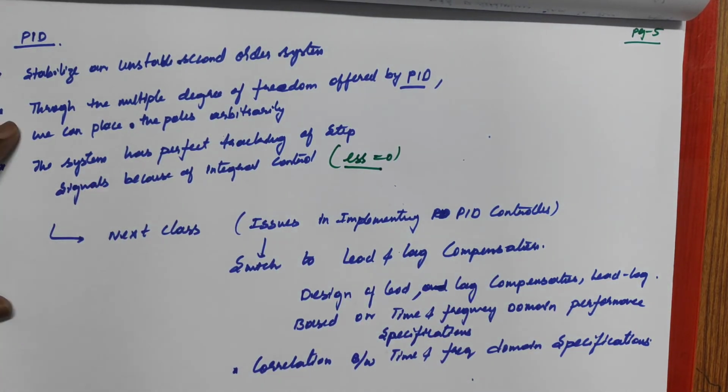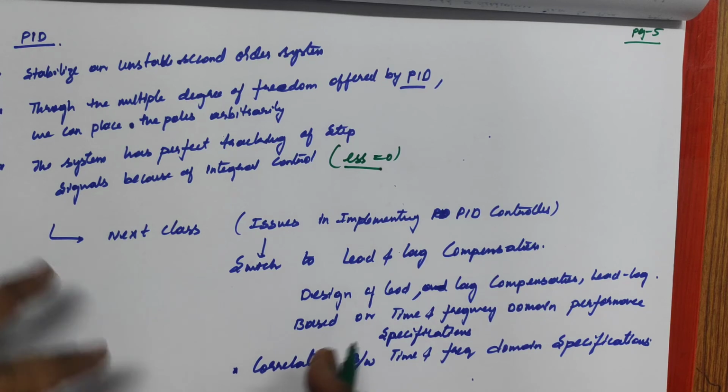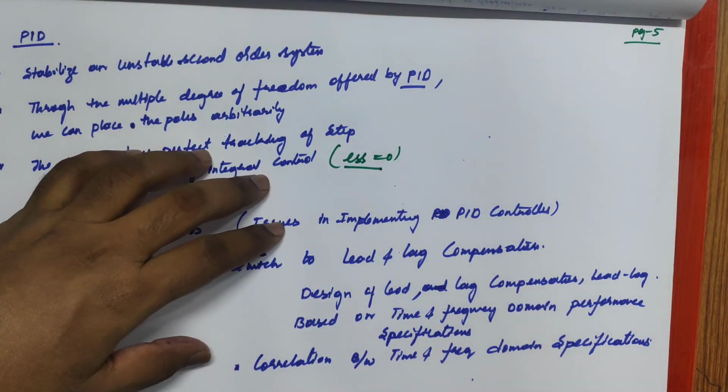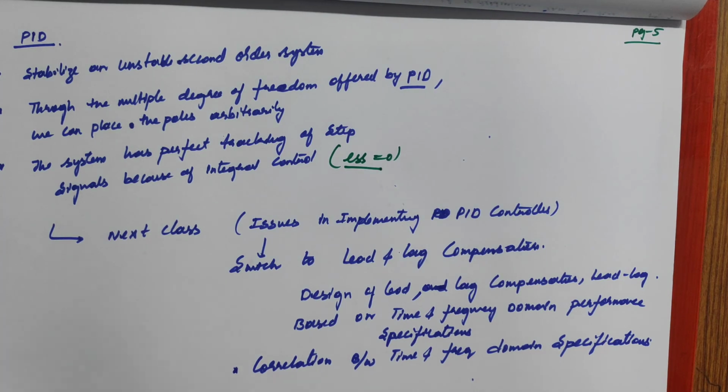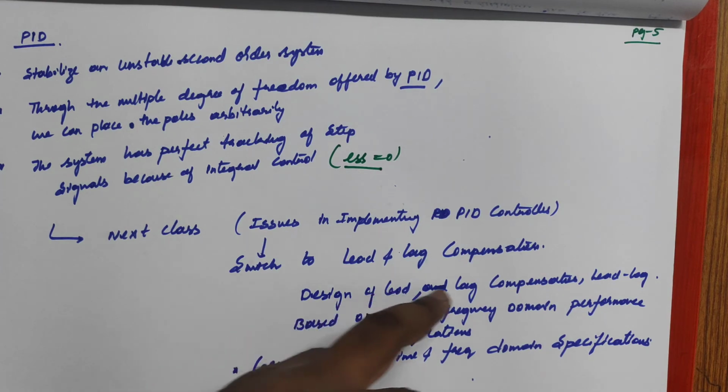Okay, so this is about PID. In the next classes, we have some issues with PID. Whatever we have dealt with now is okay, but a PID controller cannot be implemented directly, or a PI controller, or a PD controller. So we have issues with them in real time, and we will speak about that. After discussing the issues, we have to do some nullification, that means we have to improve some things. That eventually leads to lead-lag compensation.